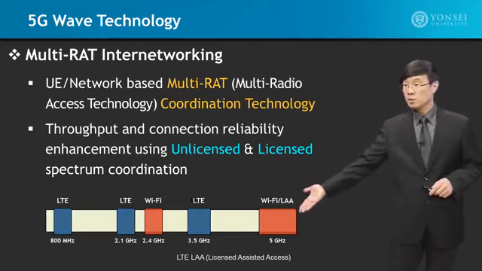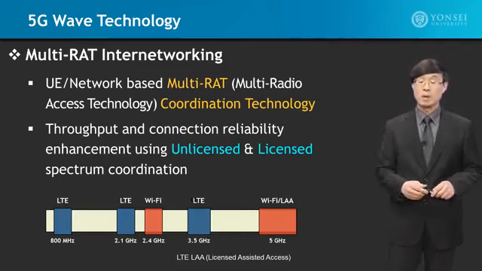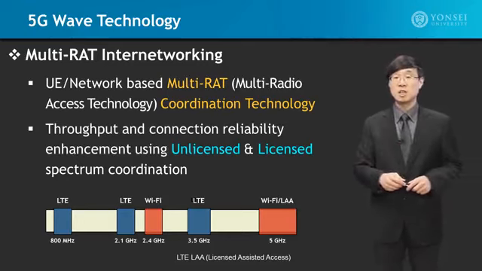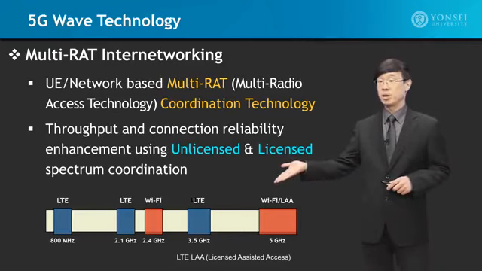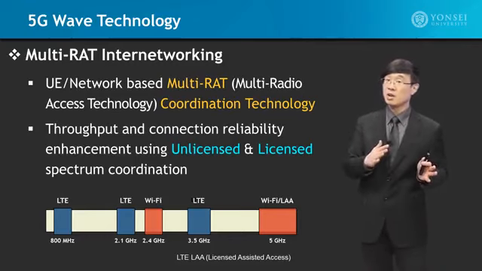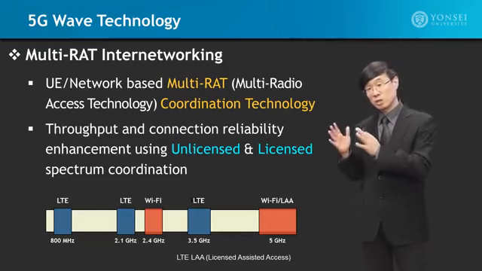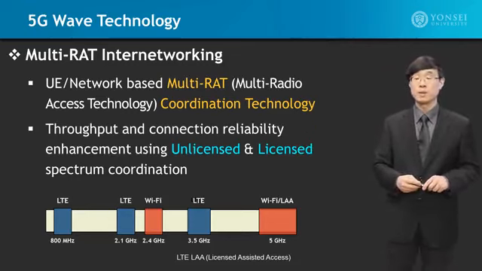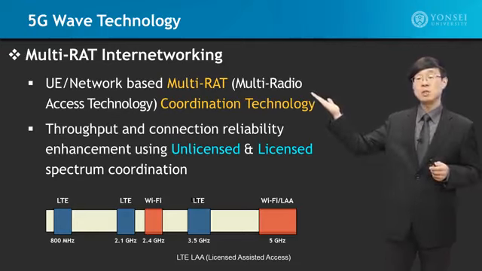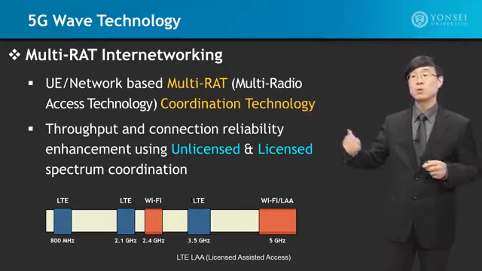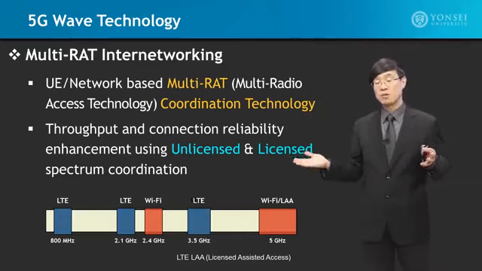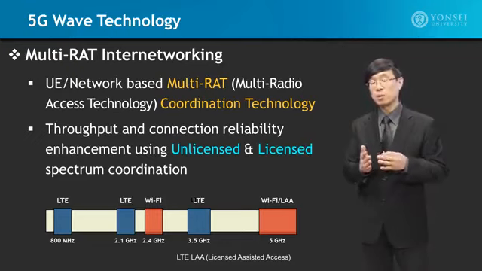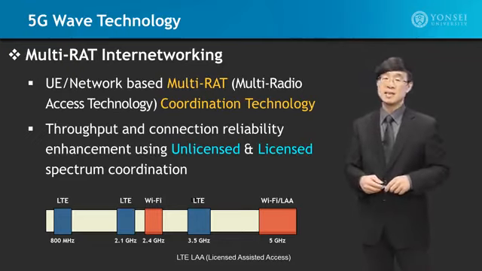But in this range also a licensed technology like the LTE LAA, the licensed assisted access, could be using it as well. Then 5G technology frequency access needs to be added here, which will also include below 6 gigahertz and above 6 gigahertz, which include the millimeter wave technologies as well. So you need multi-radio access technology, multi-RAT internetworking, and that will support the coordination such that you are using different bands in a very intelligent way to provide broadband access in a seamless manner.